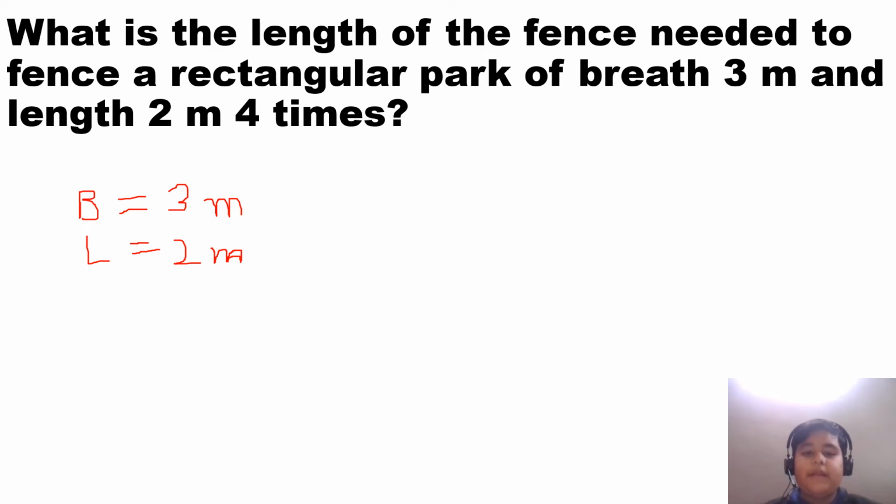First we will take out the perimeter of this park, because fencing a park means to cover a park. And to cover a park we need the total length of all the edges of the park. So first we will take out the perimeter. To take out the perimeter we will multiply 3 into 2, which will be equal to 6